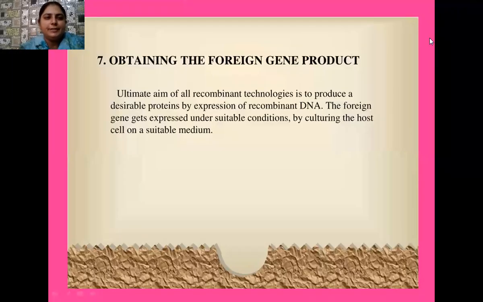Good morning, students. So today we are going to start our next topic, and our next topic is the role of bioreactors in genetic engineering. So students, in yesterday's lecture we have studied the various steps that we generally use in the process or technique of genetic engineering, which is also known as recombinant DNA technology.